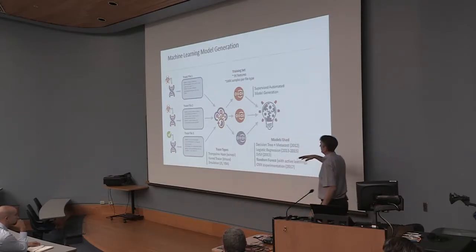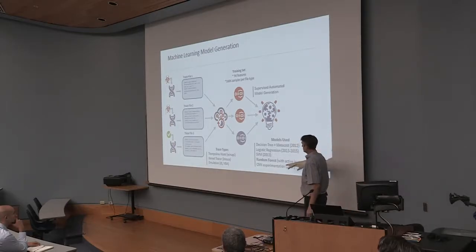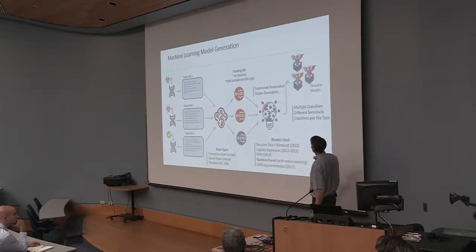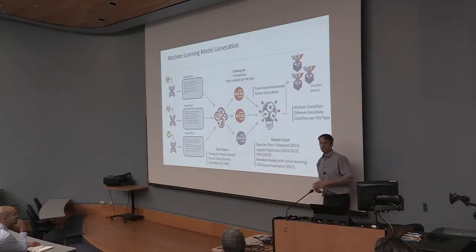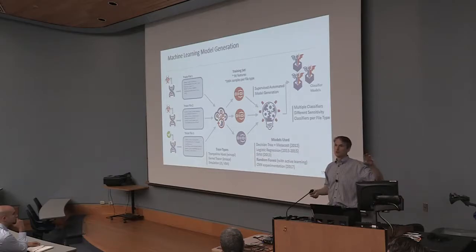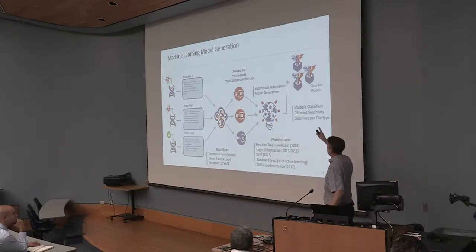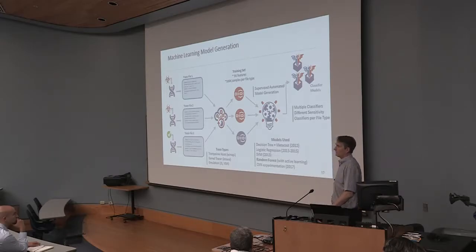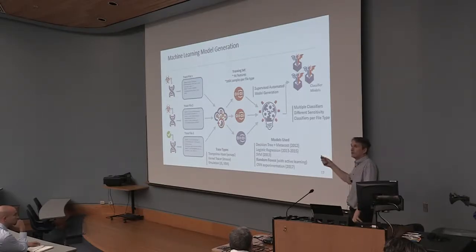And then that feature vector, you then run a model generation algorithm on. We've gone through a whole bunch of them. Currently we're using random forests. It generates a model, and then we deploy those models in our product, so that when we get a new sample, we sandbox it, extract the features. Sandboxing takes some amount of time. Extracting features is almost instantaneous. Applying the model is almost instantaneous. And then we get a result. And we have a different model for every different file type, because they all exhibit different behaviors. Like there's a model for EXEs, there's a model for PDFs, there's a model for doc files,